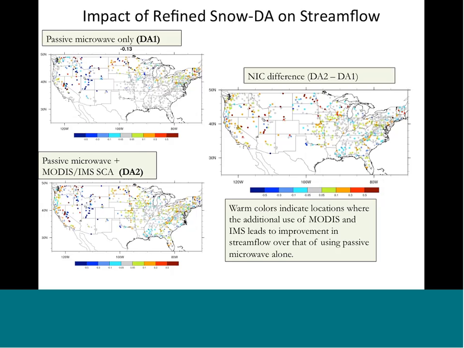And you can see, again, when there's more warm colors, it means things get better. And the difference plot showing you the difference between using the MODIS and IMS and not using it, you can clearly see where there's big blocks of red all over the map, where it makes a huge difference. So we think that this is kind of the way to go, and we're working on this as something to transition over to the NLDAS team so they can actually start assimilating, and that'll feed into their operational NLDAS and the NLDAS drought monitor.